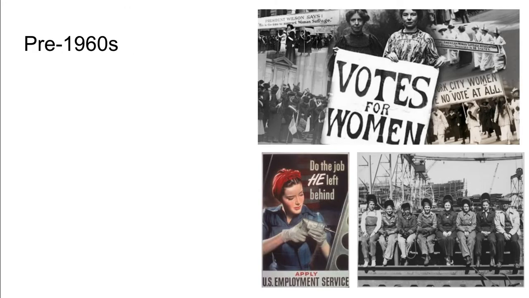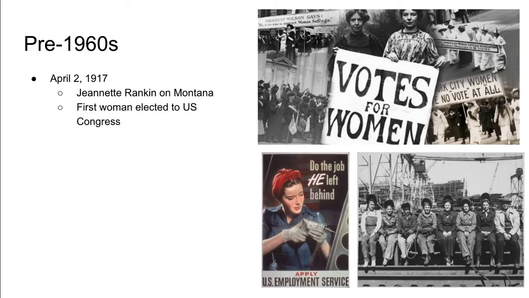So when we left off our conversations, we started to see that women were entering into the workforce, right? Because of that, we're going to start seeing this change of women's roles even in society. One of the first major moments for women is on April 2nd of 1917. We have Jeannette Rankin from Montana, and she is the first woman that is elected to our Congress. Prior to this, it was only men who were serving in Congress. So finally, we were starting to have women in the places where conversations and decisions are being made.